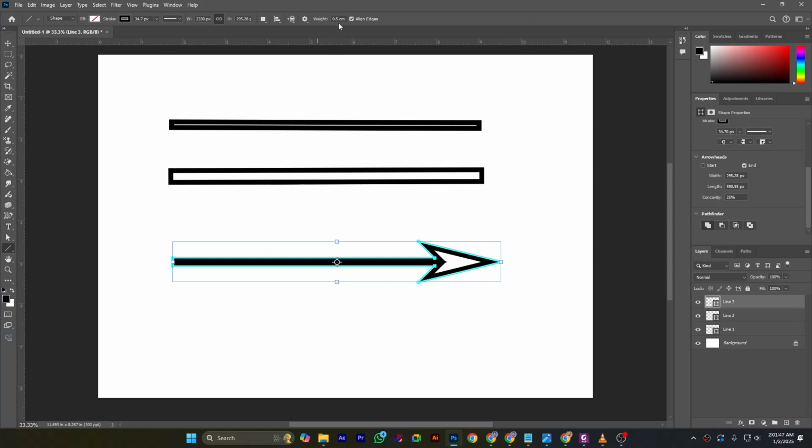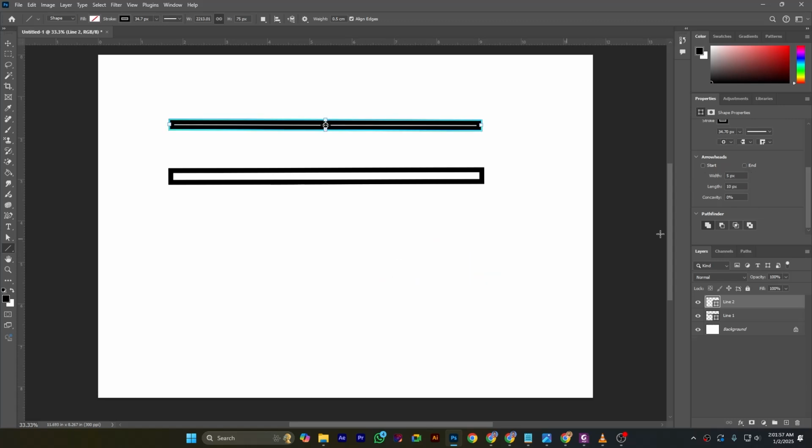So here is 0.5 centimeter width. You can change the arrowhead. You can see I'm doing it. If you click here, start point, then when you draw the shape, the arrowhead will be at the starting point. And if you turn on both, you can see